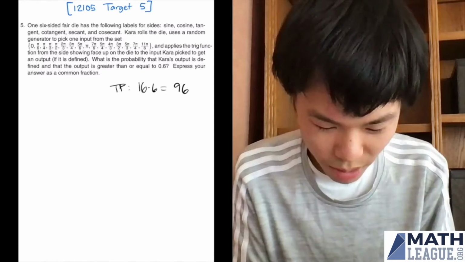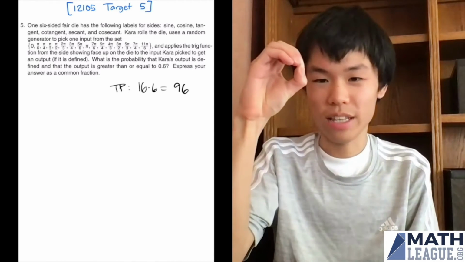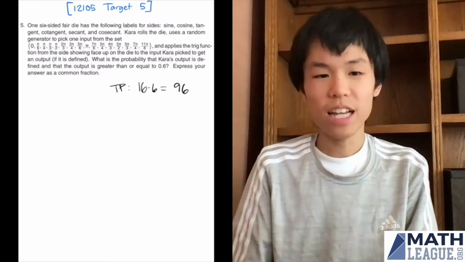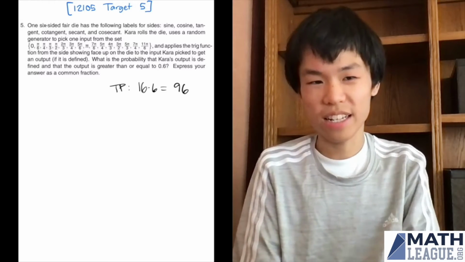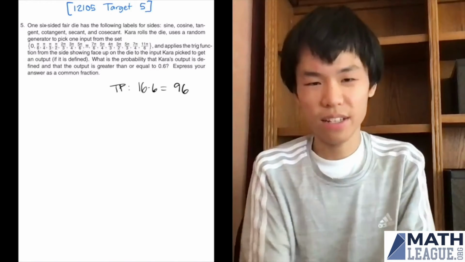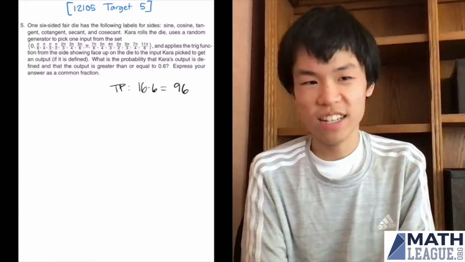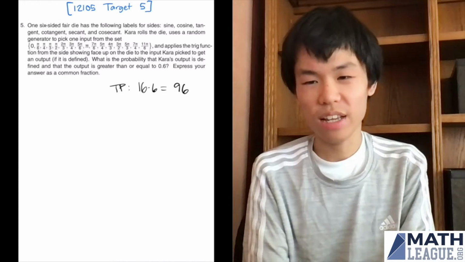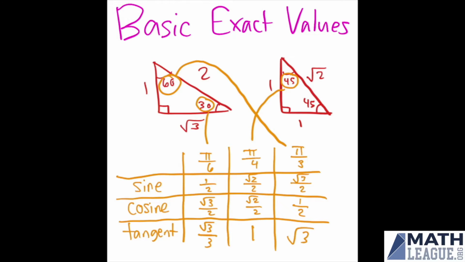Well, those numbers don't really have this little circle in the upper right. That's because those numbers are actually in radians. Each degree has a radian counterpart. And with that, from those 30-60-90 and 45-45-90 triangles and the SOHCAHTOA rules, you can make a little table chart that tells you the exact values for sine, cosine, and tangent of pi over 6, pi over 4, and pi over 3. But that's only 3 values. There's a lot more that I'm quizzed on and that the problem covered.